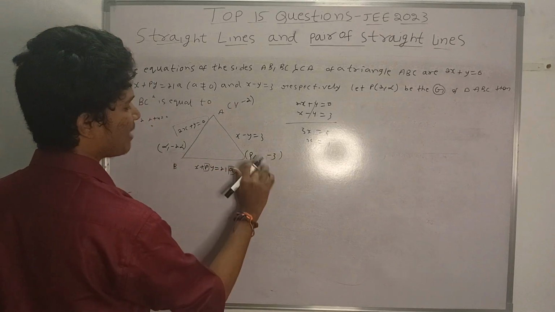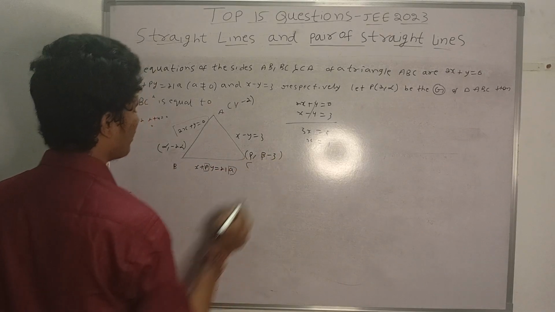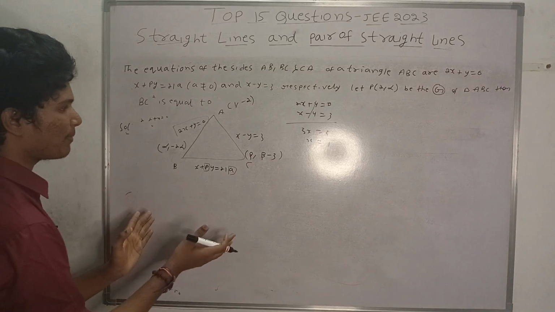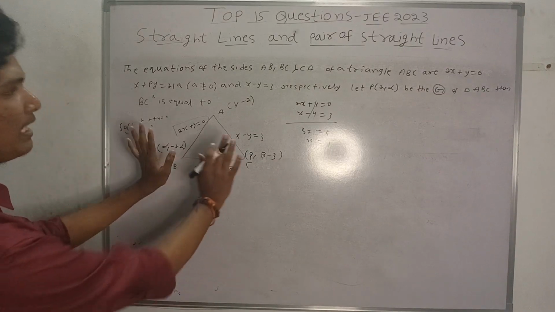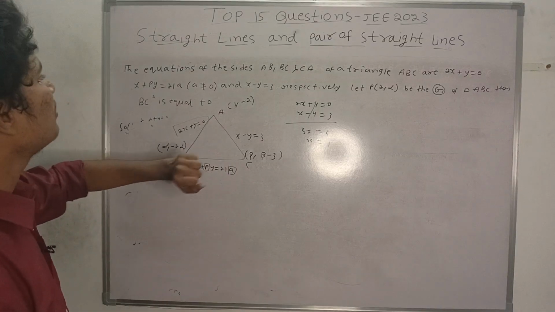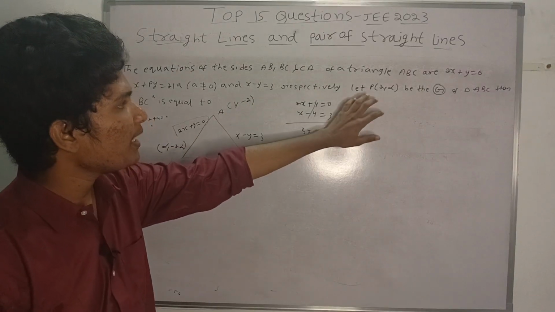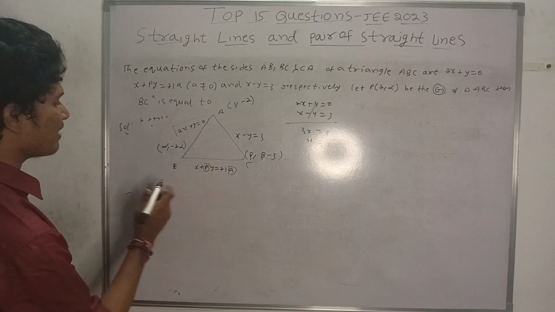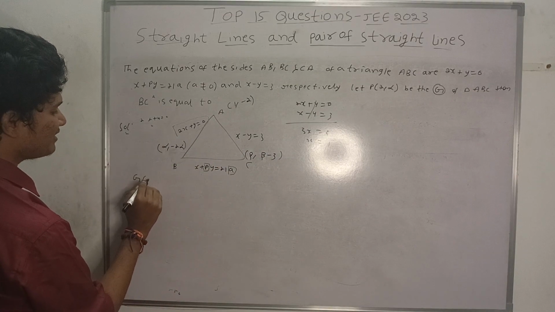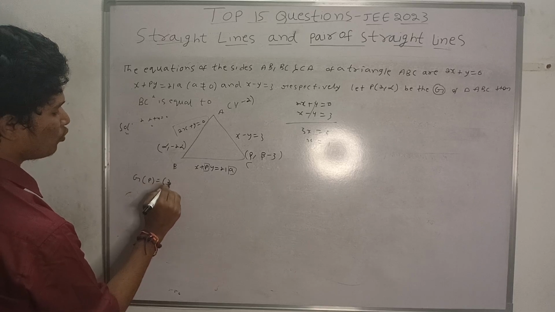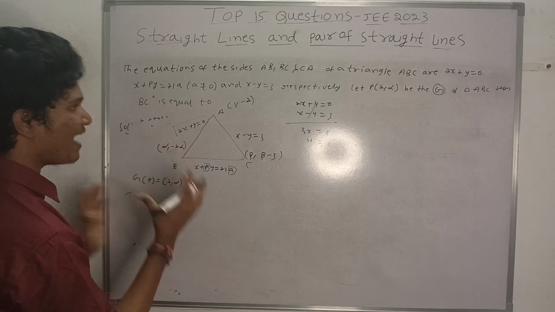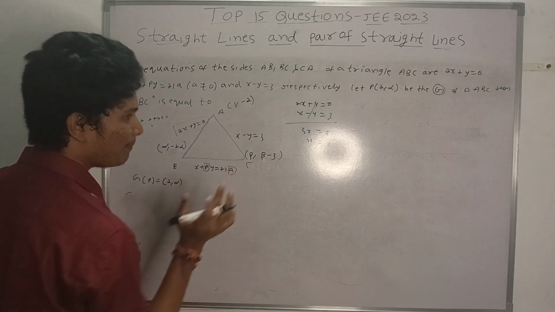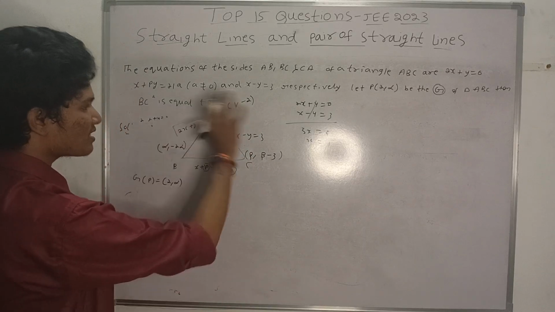Because same we cannot write. Beta. Alpha minus 2 alpha, beta comma, beta minus 3. So these are the parametric coordinates, and leave it like this. They are saying that respectively let P(2, alpha) be the centroid. They have given G as the point, and they gave (2, alpha). I have to find the centroid of the points (1, minus 2), (alpha, minus 2 alpha), (beta, beta minus 3). So what is the centroid of this?